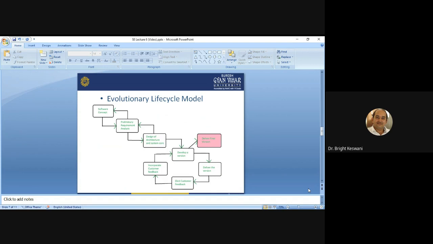In this model, we will have a separate team for each component, and we will develop each component separately. We have a different plan for the development of the first component, second component, third component. We have different plans, different resources, different teams for development of each component.